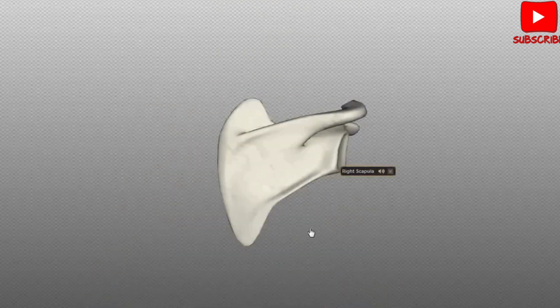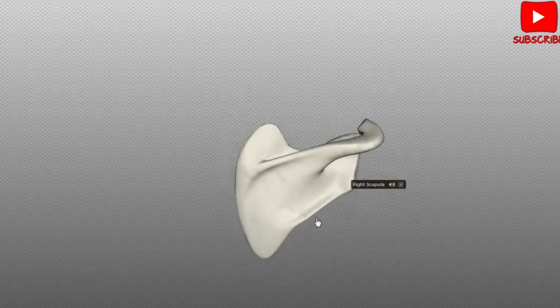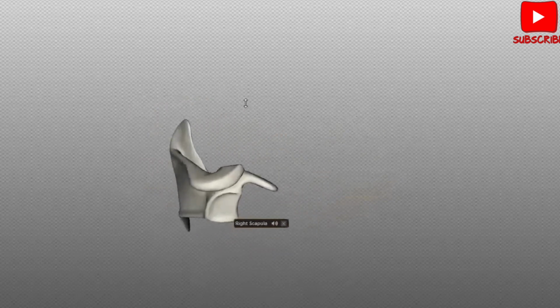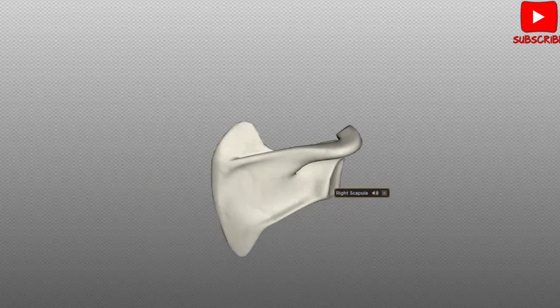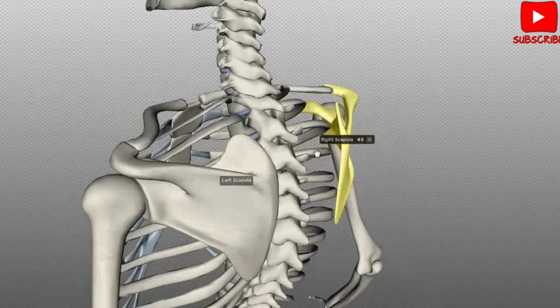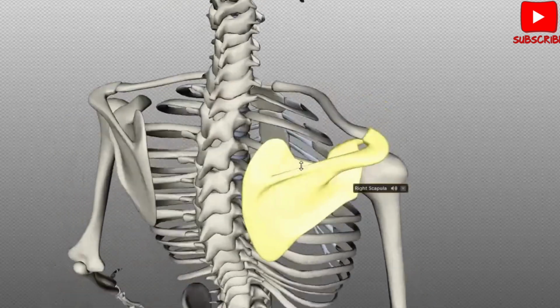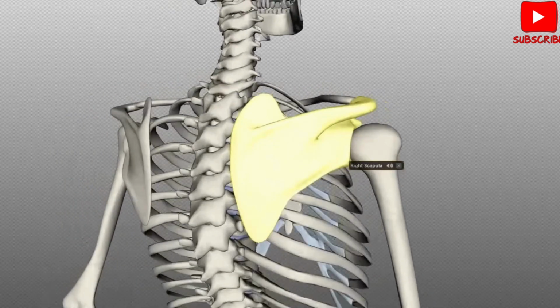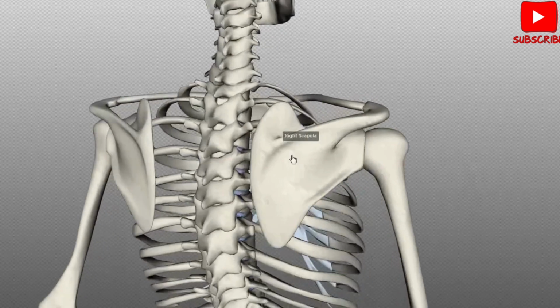You've also got two surfaces of the scapula: the posterior surface and the anterior surface. The anterior surface is the costal surface, which lies against the ribs, and the posterior surface is obviously at the back of the scapula. The posterior surface of the scapula is divided by the spinous process into two halves. So you've got the superior half, which